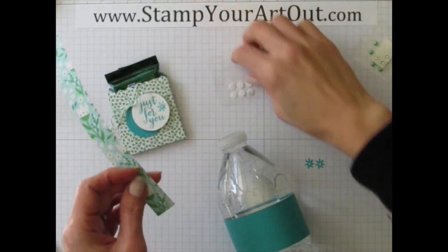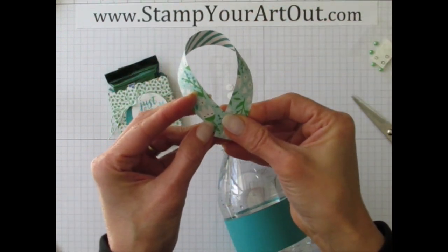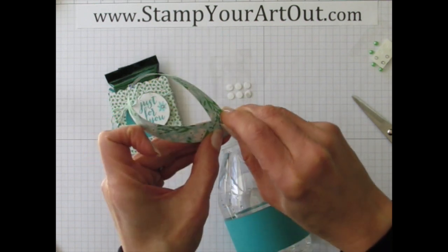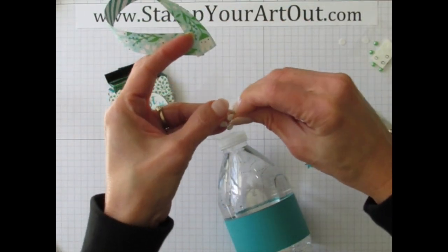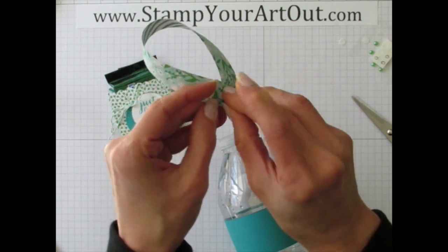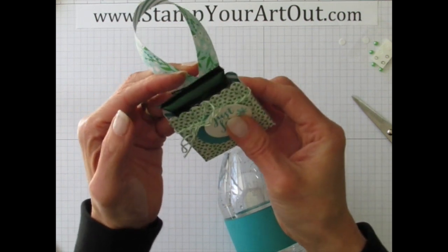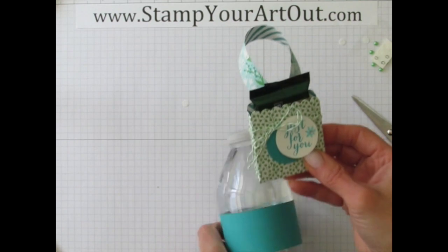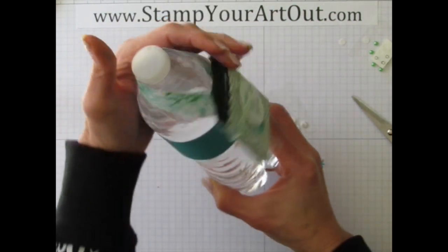And using the glue dots that come in the kit, I put a couple down here. I'm going to wrap this over itself like that. And then I placed a couple here. And I'll add one more here. Right about there. Now we can put our fun treat right on top of that, and we have a water bottle decoration, something